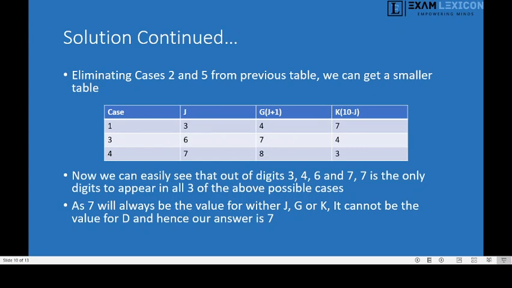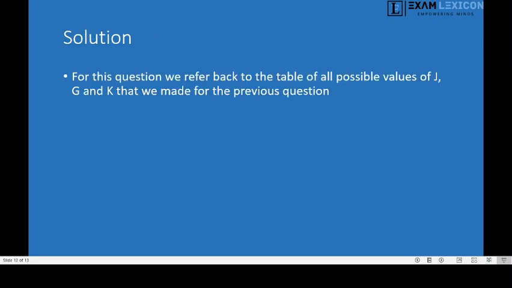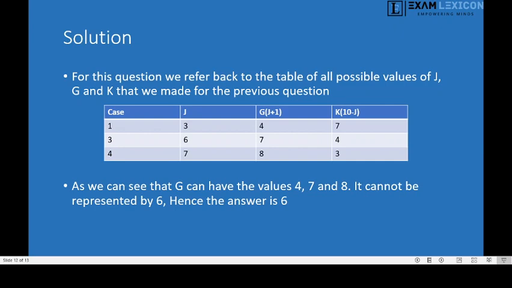Okay, coming to the last question, which among the digits 4, 6, 7 and 8 cannot be represented by G? For this question we refer back to the table of all possible values of J, K and G that we made for our previous question. Here is the table that we made. This is a much shorter table consisting only of all the possible values, and we can easily see that G can have values 4, 7 and 8, and it cannot be represented by 6, hence our answer is 6. So this is all about this set,